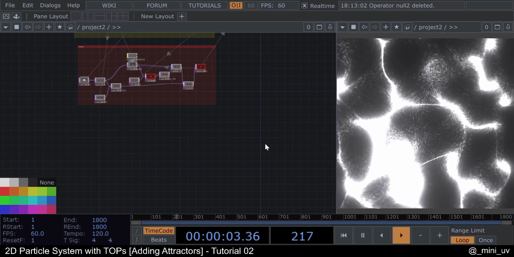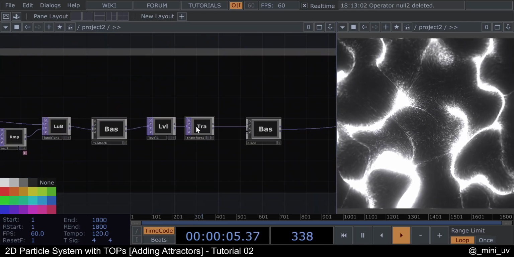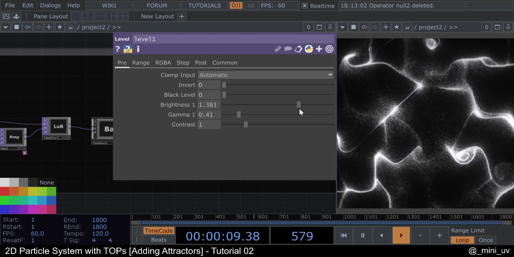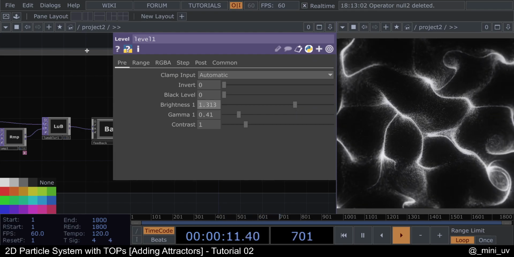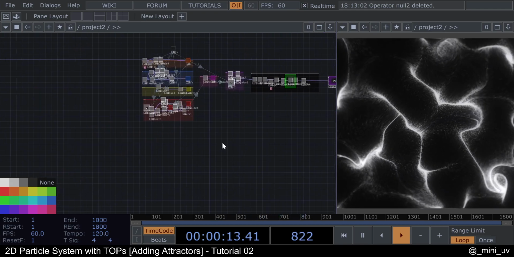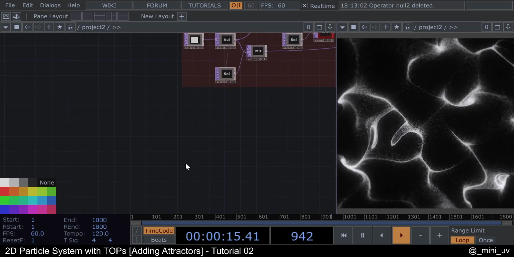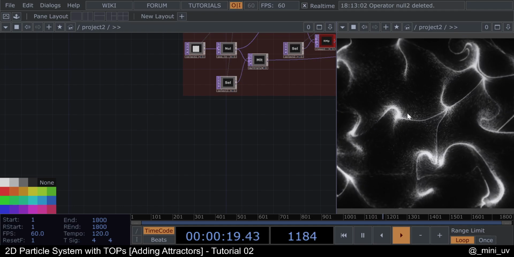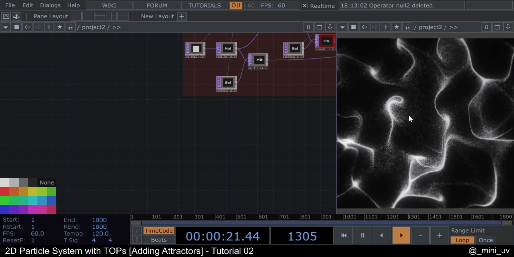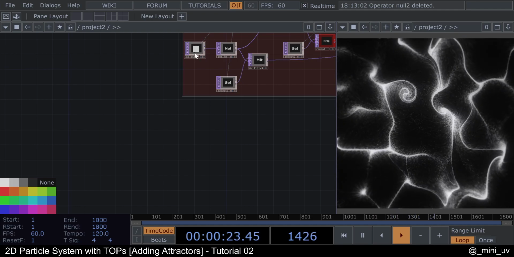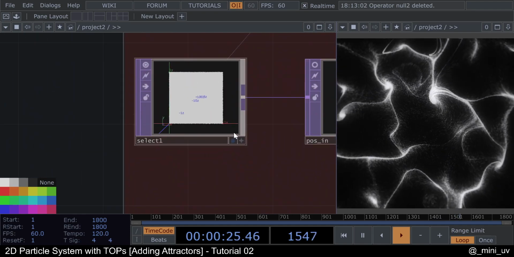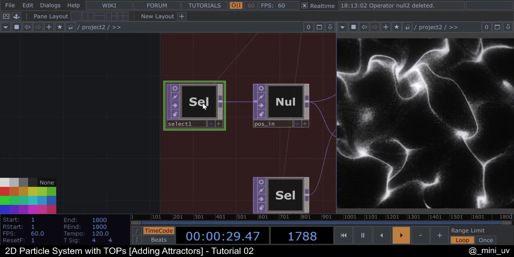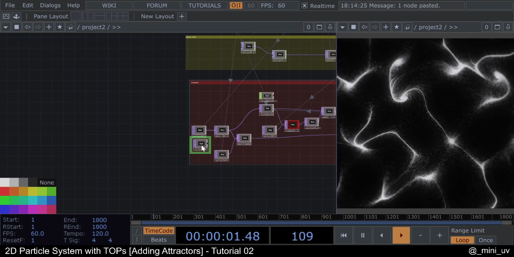Okay, so actually let's reduce the brightness here a bit. So for that, what we need to do is to calculate the vectors that will attract all the particles to the center. So let's grab the initial position we have here, the initial position in this select. So let's copy it,